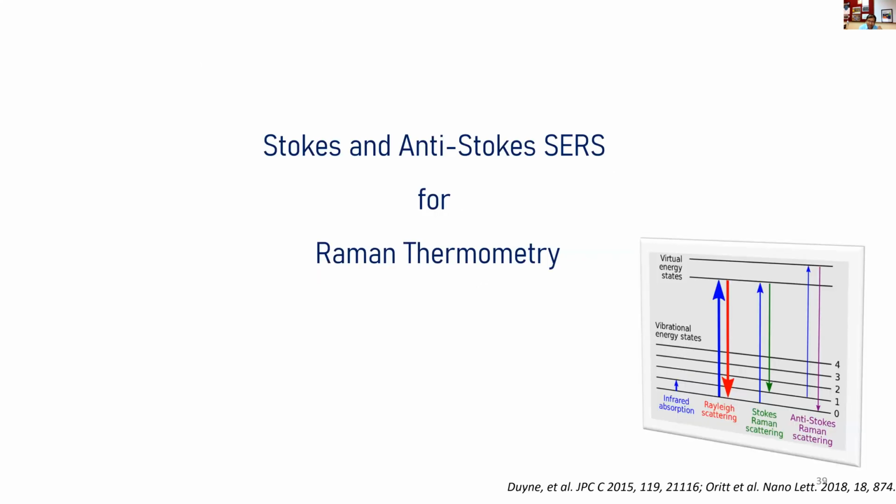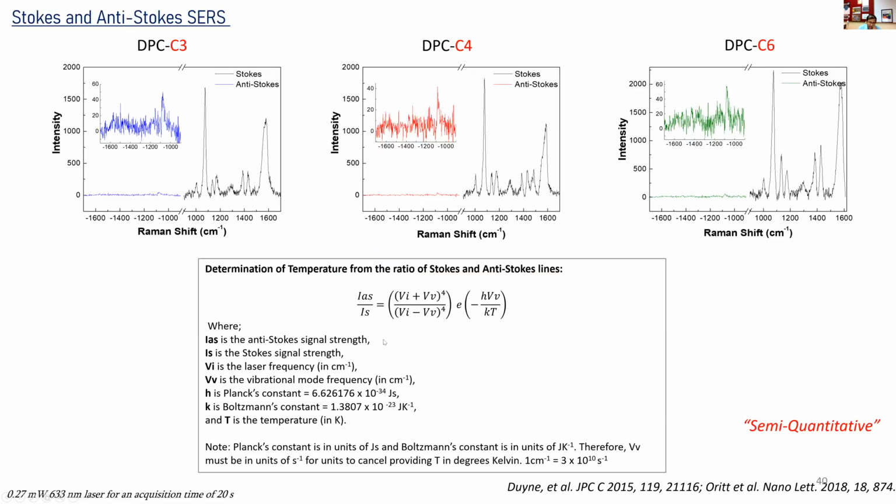In order to really get the information on the surface temperature of the black gold, we use Raman thermometry, which is based on Stokes and anti-Stokes lines. We know that when a molecule is heated, you will have more population in the higher vibrational states, right? So you will get more anti-Stokes lines as compared to the Stokes lines. By just knowing the ratio of anti-Stokes versus Stokes lines, you can get the surface temperature T of the